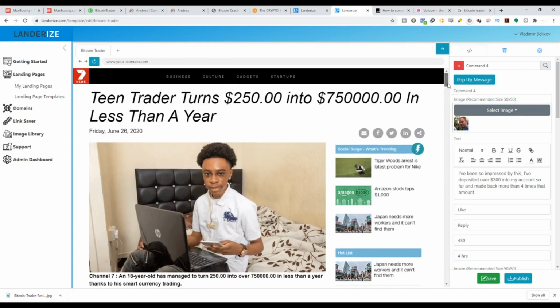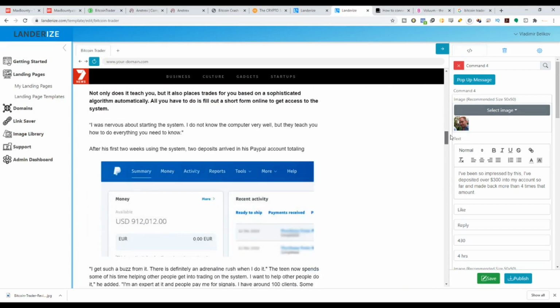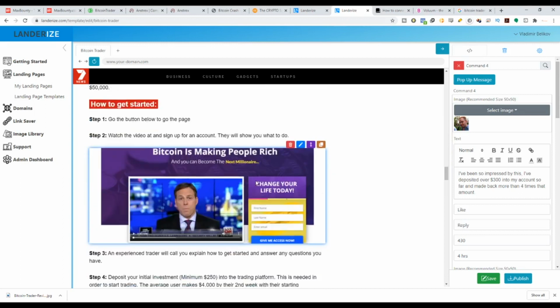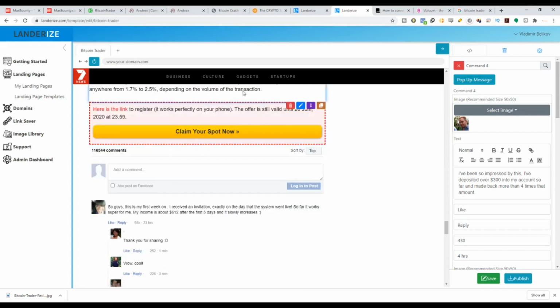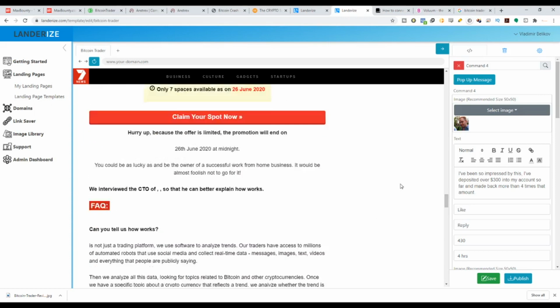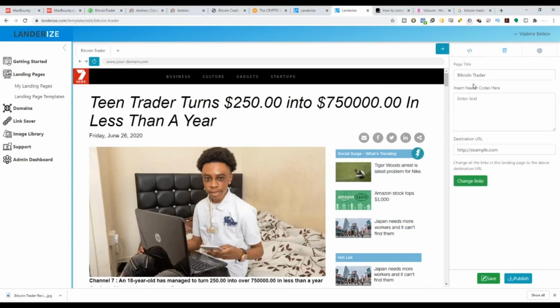So basically that's it, guys. You just want to change everything to do with Bitcoin Trader, and then you want to make sure that the link, which is the call to action button, which is this one, and this one, that's the two things that you're going to change, and we already redirected it. So the final touch that we're going to do is we're going to go to this icon over here, and then we're going to paste our affiliate link here, and then